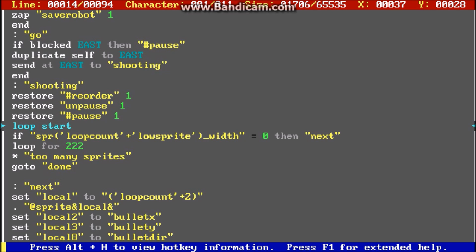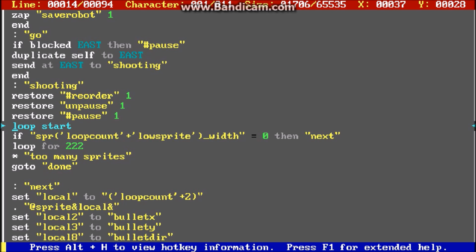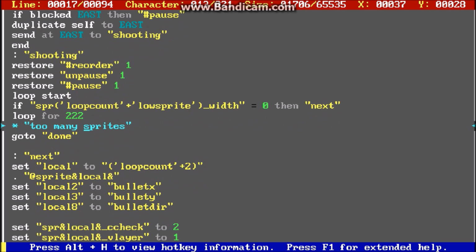Anyway, the first thing that the robot does is it has to generate a sprite. And it does that by going through a loop here and looking for whether a sprite's width is greater than 0 or not. And that's how I'm able to tell if a sprite is already using those sprite parameters or not. So it starts at 0, so it checks if sprite 0 width equals 0, and if it does, it goes to the